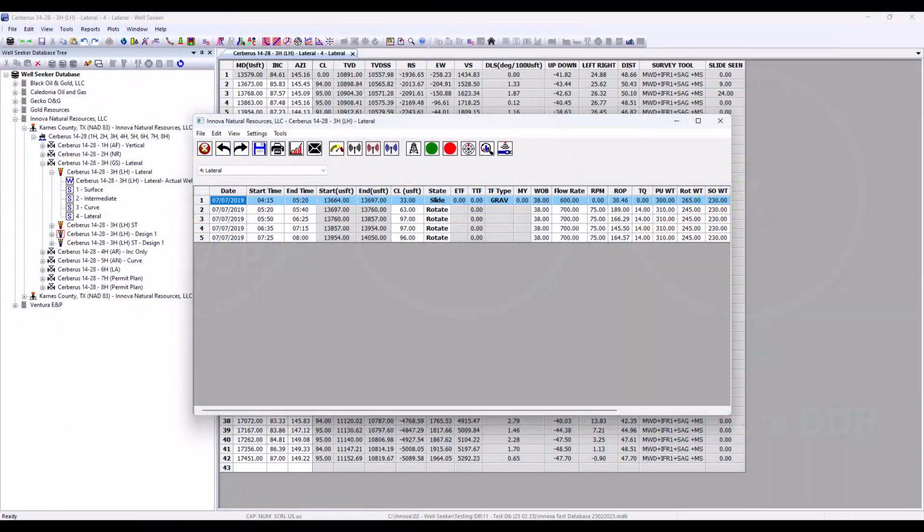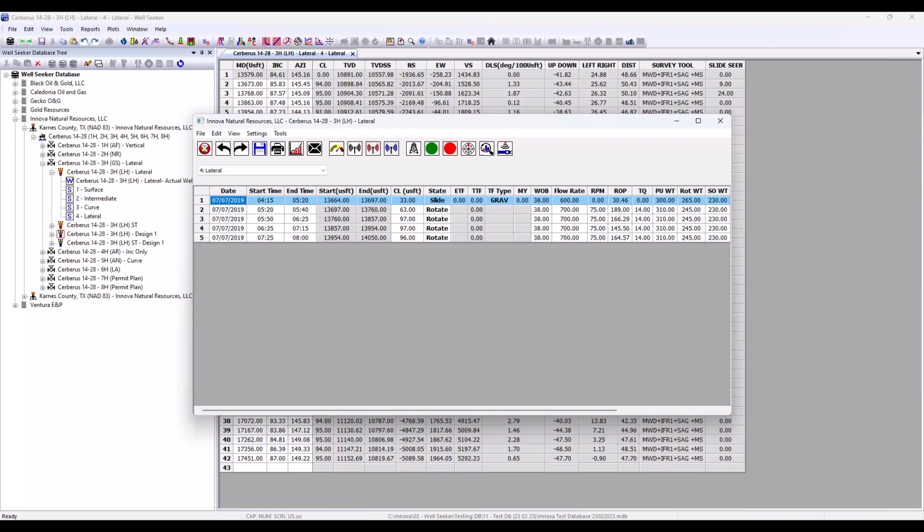If WellSeeker encounters an error that causes a slide sheet to become corrupted, lose its data, or get deleted entirely, it is possible to recover the slide sheet using the daily activities entered into the daily report. Please note that this process will overwrite any remaining data in the slide sheet. It also cannot be undone, so for safety, it is a good idea to back up your database before you